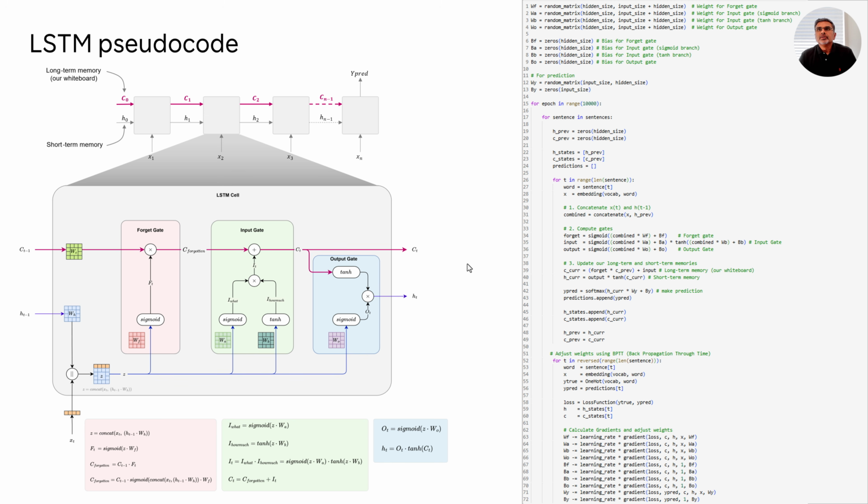So what I have is I'm initializing all the weight matrices WF, WA, WB, and WO. I'm initializing them to random values. Just like in any neural network, you start off by initializing it to random values. A neural network also needs to have bias values, so I'm also initializing the bias values.